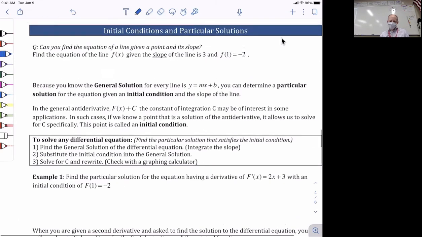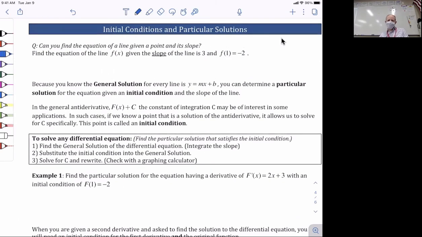And now we're going to briefly talk about initial conditions and particular solutions. So the question here: can you find the equation of a line given a point and its slope? So we're leaving the calculus world a little bit, going back to algebra. If you have a line, you know it's a line, and it has a point and a slope, can you find the equation? Well, yeah, we have point-slope form, but if we just look at this form,